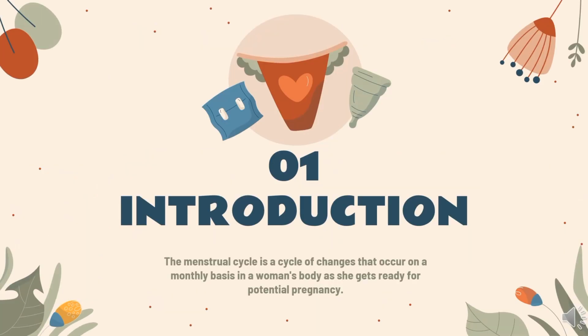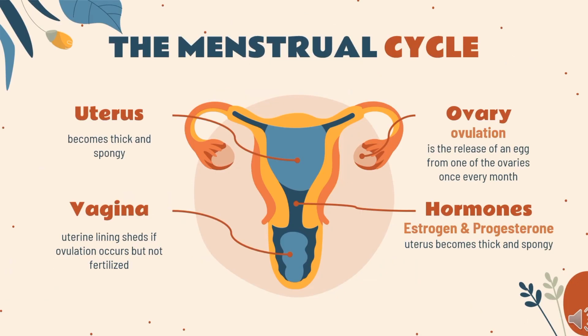Introduction. What is menstrual cycle? The menstrual cycle is a cycle of changes that occur on a monthly basis in a woman's body as she gets ready for potential pregnancy. The process that occurs during the changes is ovulation, that is the release of an egg from one of the ovaries